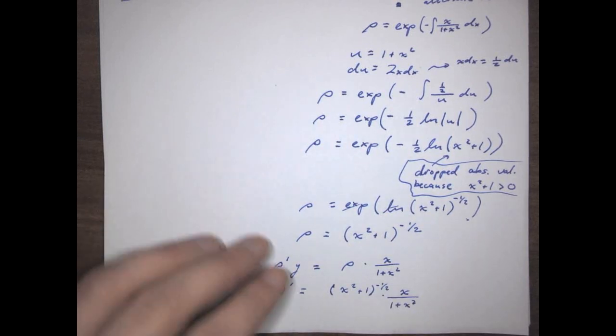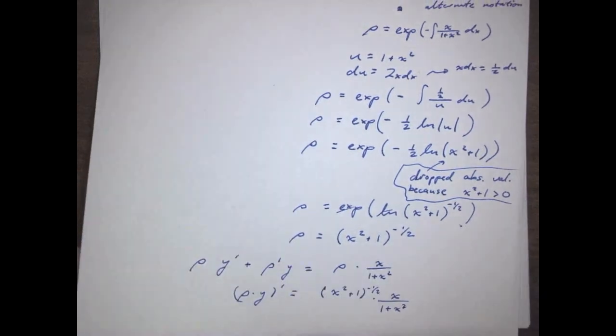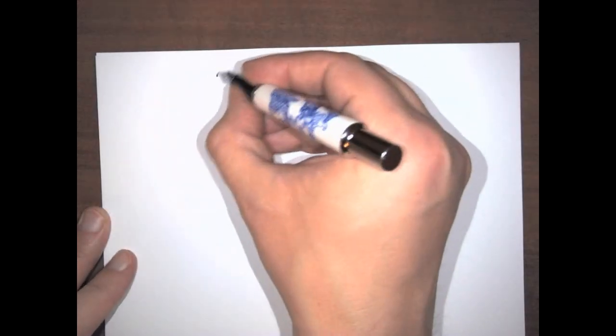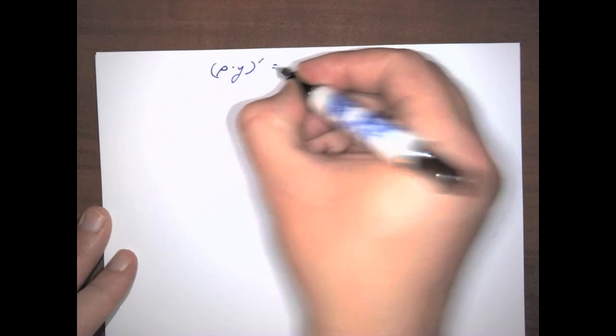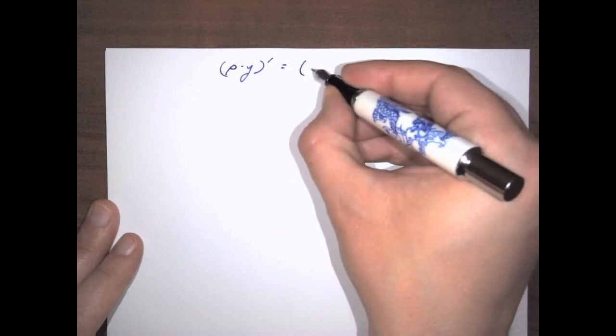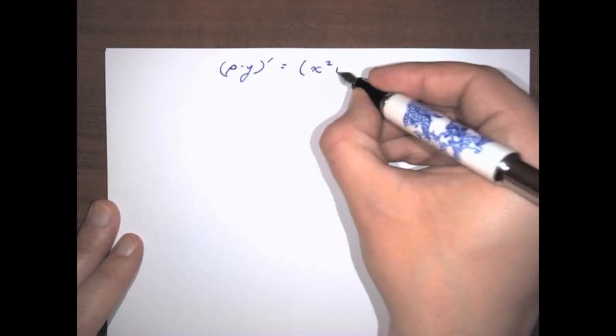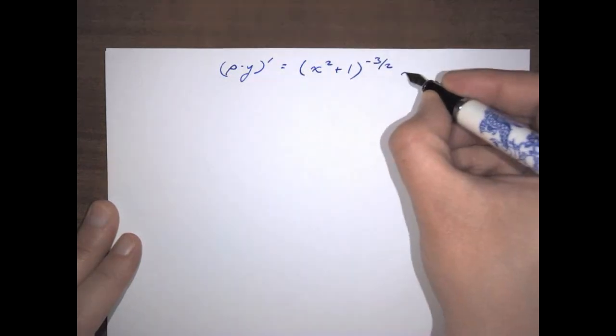And so when we put them together, it's going to be a power of negative 3/2. So that gives us rho times y prime equal to x squared plus 1 to the negative 3/2 times x,